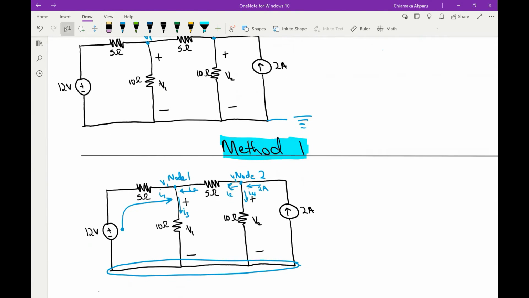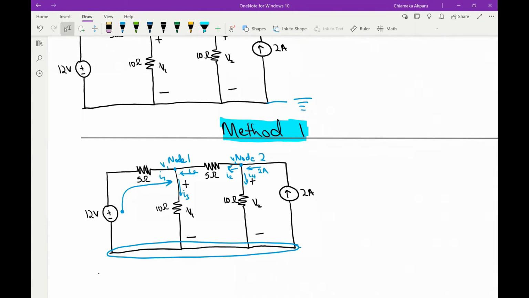Let's look at the first method. The first method is really going to emphasize the KCL, and it's going to really look at the currents going into each respective node. Now, for node 1, remember that I1 is going to the node just because the voltage is going from negative to positive, so we want to represent the current the same way. And then we can also see that this 2 amps is going into node 2,